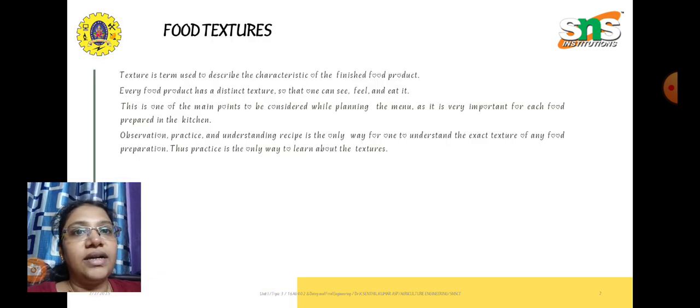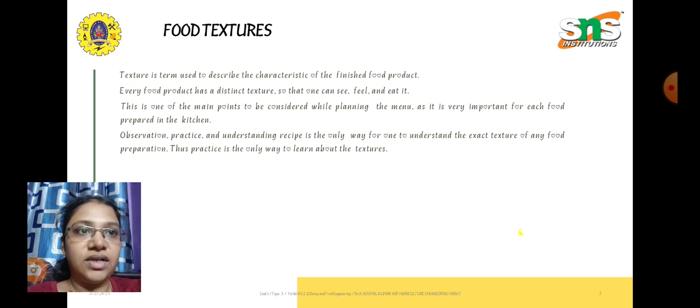Texture is the term that is used to describe the characteristics of any finished food product. Every food product that we consume has a distinctive texture, so that one can see, feel and eat it. This is one of the main important points that has to be considered when we are planning the menu, and texture plays an important role for each and every food that we